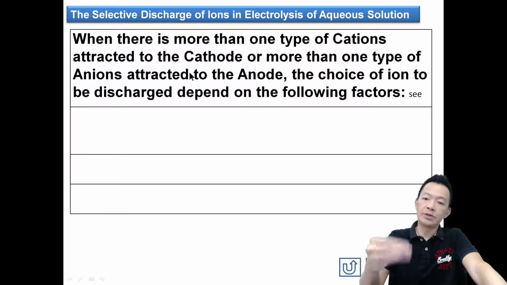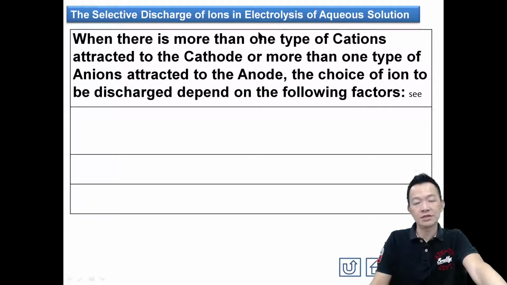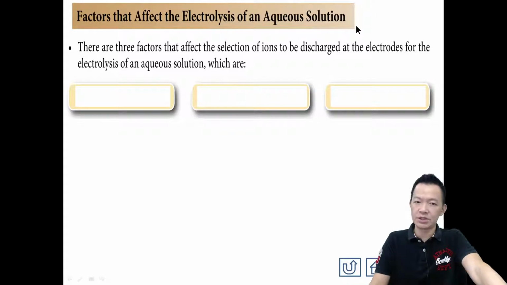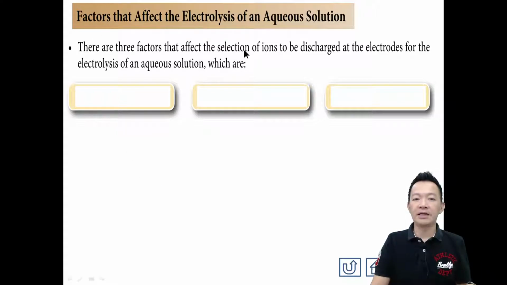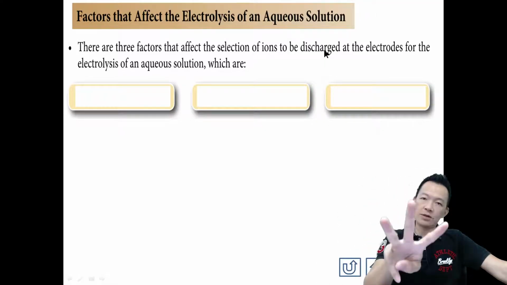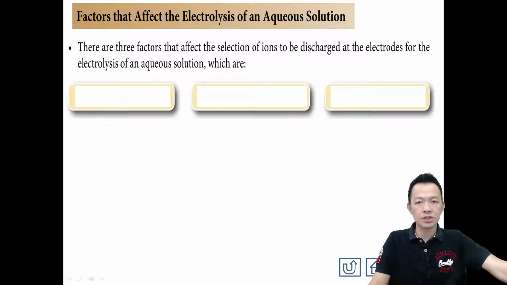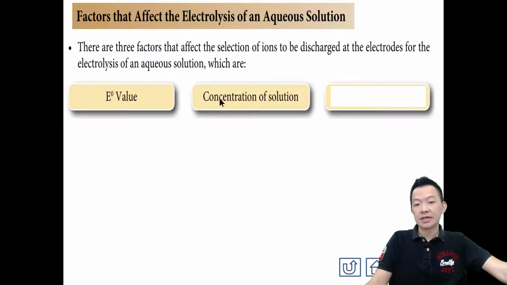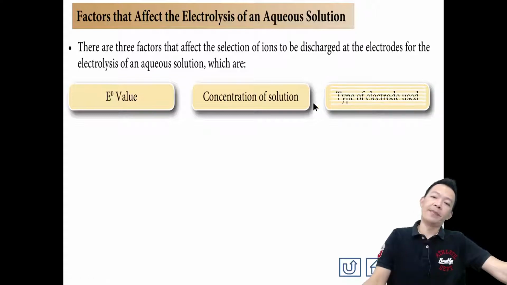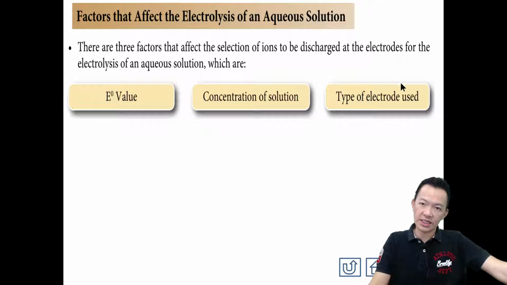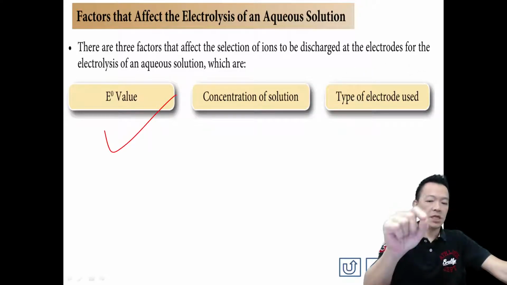So what are the factors that affect the ion that is going to discharge? 什么因素会影响那个离子 discharge 不 discharge 的呢？Now page number 16，第16面你就可以看到了。Factors that affect the electrolysis of aqueous solution. There are three factors that affect the selection of the ion to be discharged. 三种因素将会决定谁 discharge。第一，the standard electrode potential values of the ions. 第二，the concentration of the solution，盐水的浓度也会影响。第三，the electrodes，当你做盐水的电解法的时候，你用的导电体 electrode 也会影响。Okay, so now the three factors, we start from the first one. 我们从第一个因素开始。